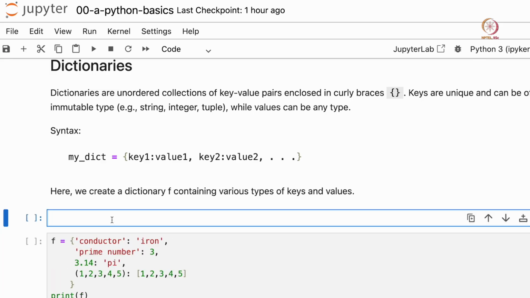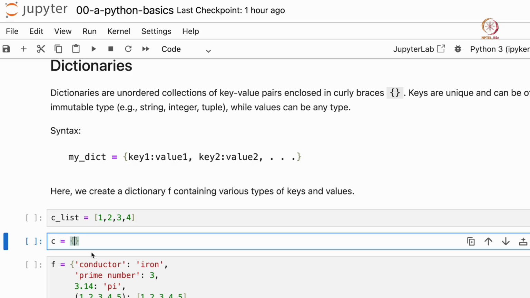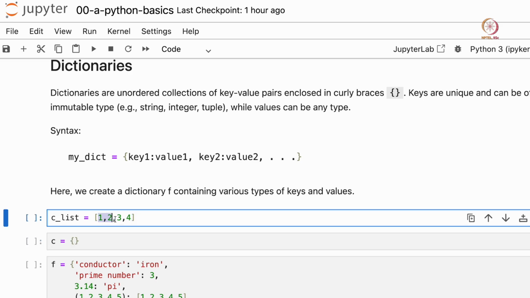So I want to create a dictionary C, and like tuples and lists are enclosed with different types of brackets, a dictionary is usually enclosed by curly brackets. And say we want to store items similar to a list. Say we create a variable called C_list, and we store 1, 2, 3, 4 here, and I want to store the same data in a dictionary. So I have to do that by adding a key value pair for each entry.